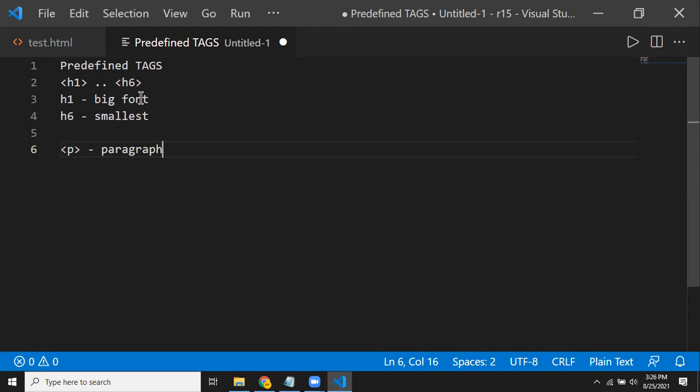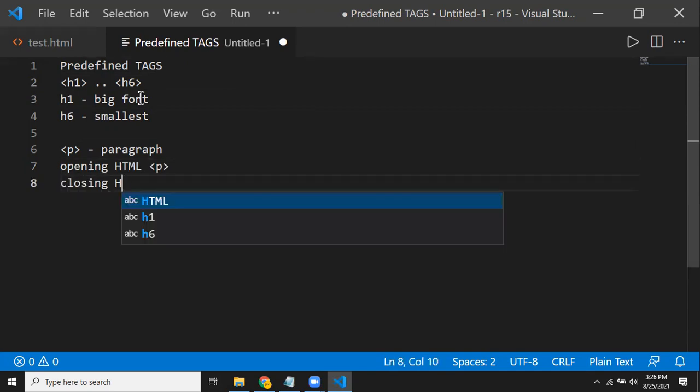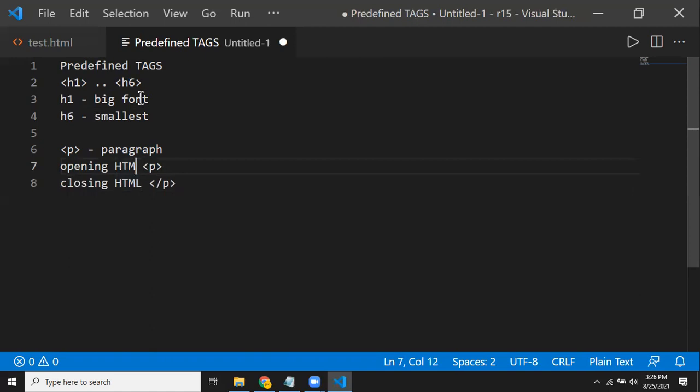Now remember, most of the HTML tags have an opening and a closing. This is called the opening tag, and the closing tag uses a slash followed by the tag name. In between these opening and closing tags, you put the data.